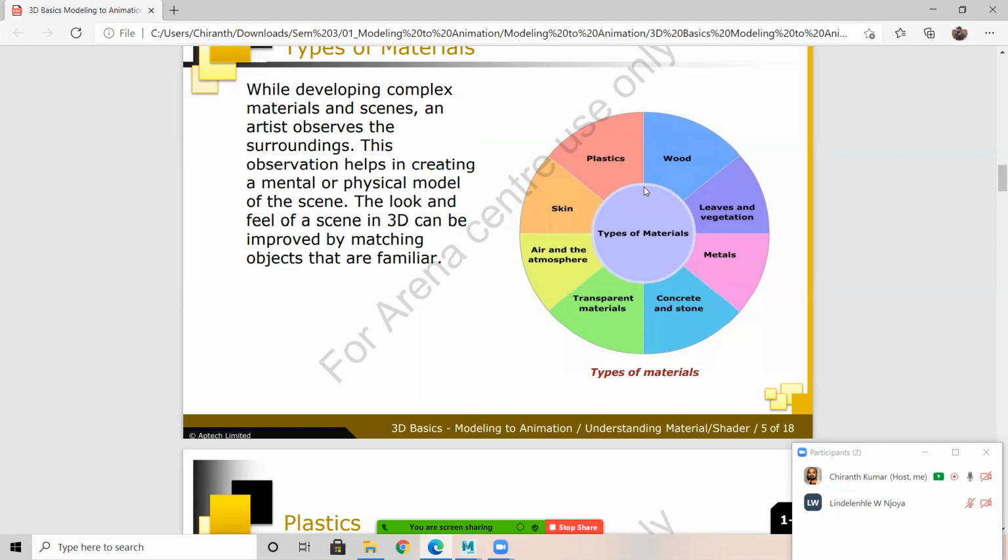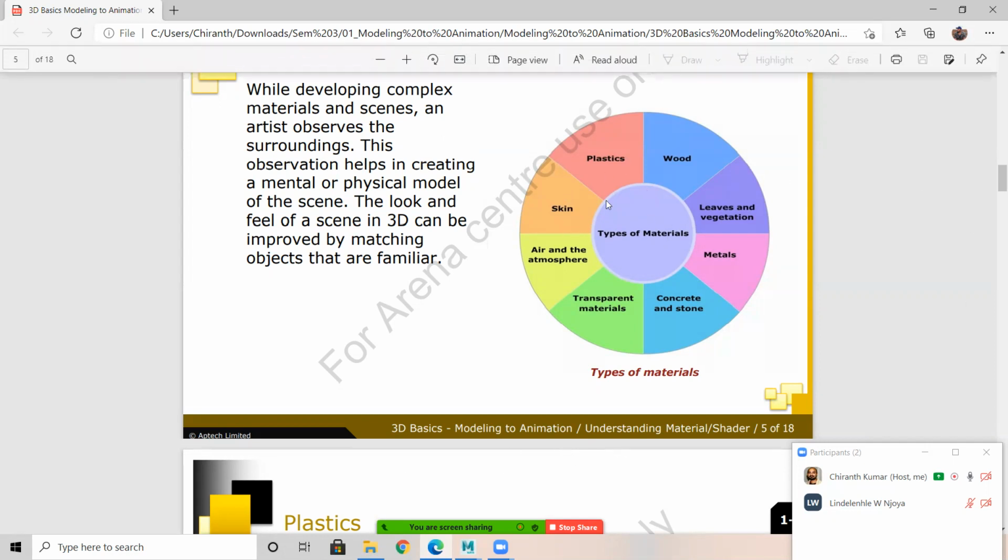Light travels in a particular direction, and when it hits the surface and bounces back by changing its direction, it's reflection. Similarly, when light travels in a particular direction and hits the surface and passes through it, it is refraction. So these things we should know.